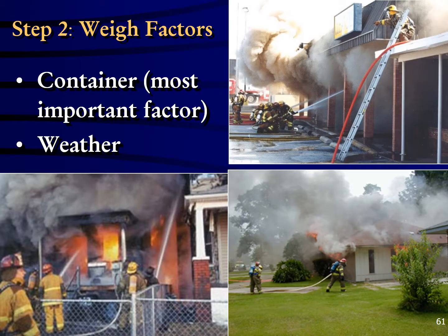Other factors to take into consideration. The physical container. The most important factor: how is the building construction physically affecting your ability to fight this fire, and what is it doing with the smoke inside the structure? And lastly, weather. Weather has a huge factor on the ultimate outcome of your ability to do a competent fire